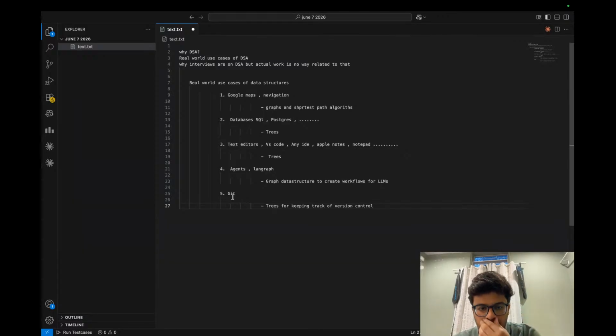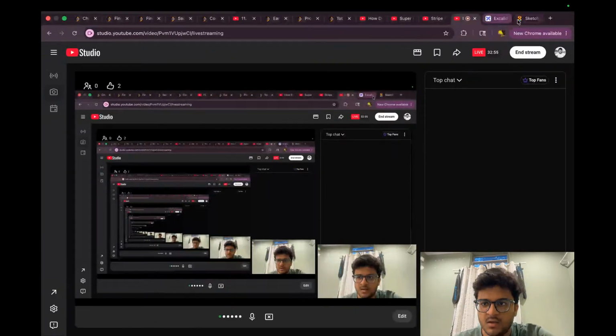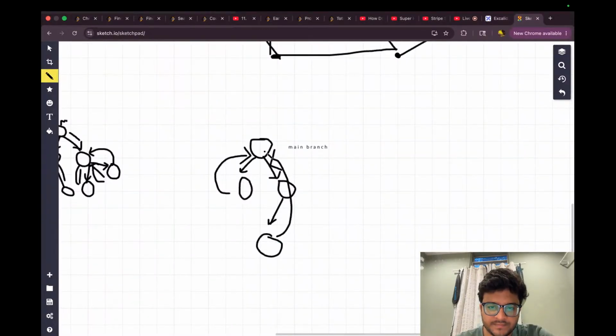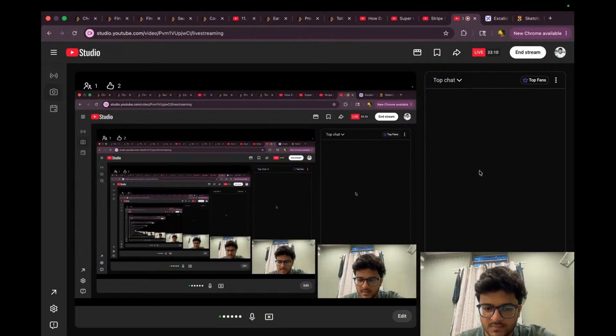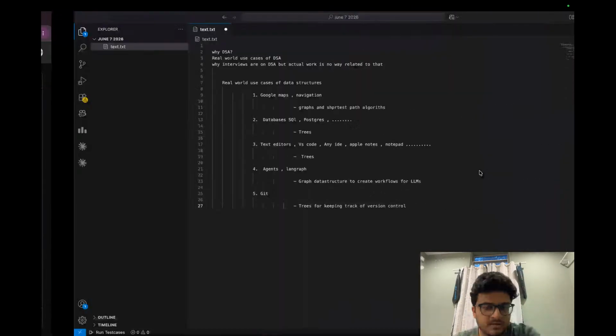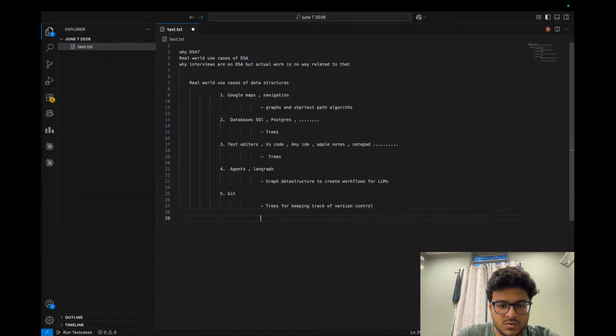Yeah, Git uses trees for keeping track of version control, and I think you know this better. Like, how does it detect merge conflicts, and how does it compare two changes? All of this is powered by wonderful trees. And again, those are also not simple trees, some very deep trees. So the next one is,